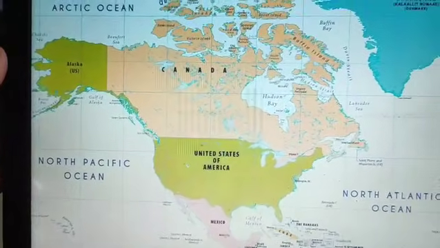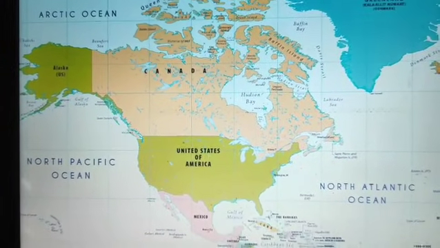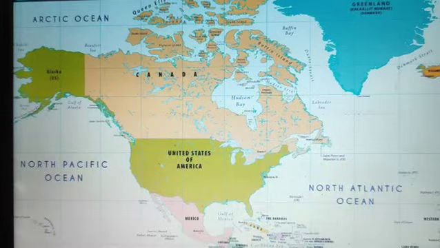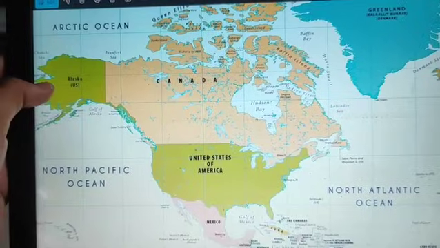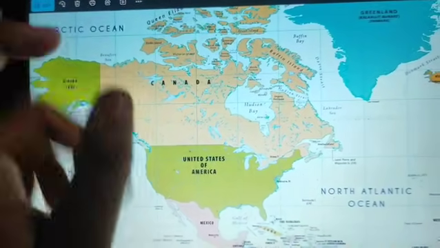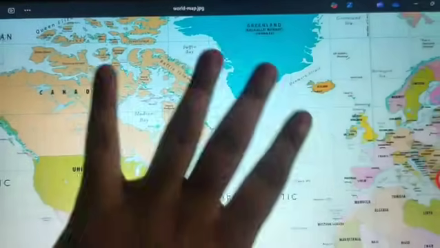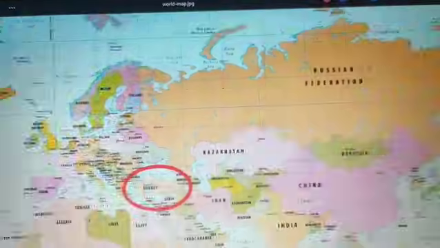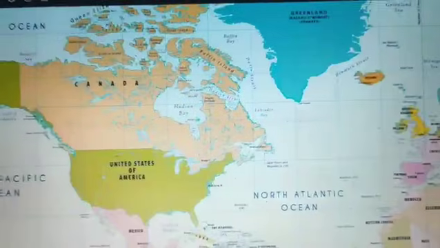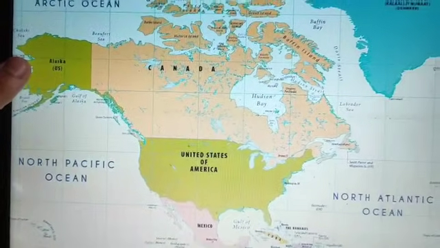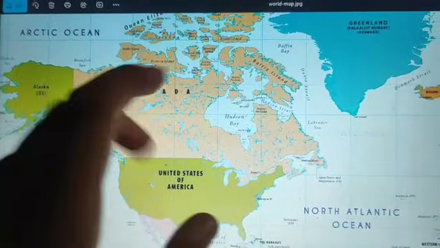Now these are the countries and the latitudes we are aware of, but now we will look into the other two major latitudes, which are the Arctic Circle and Antarctic Circle. So first the Arctic Circle, 66.5 degrees north. It passes through the USA, then the Oceania states, from Europe, and from Asia, Russia. Okay, so the Arctic Circle passes through the American states, which is the USA, Alaska, then